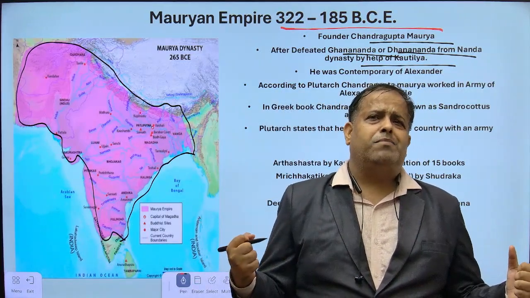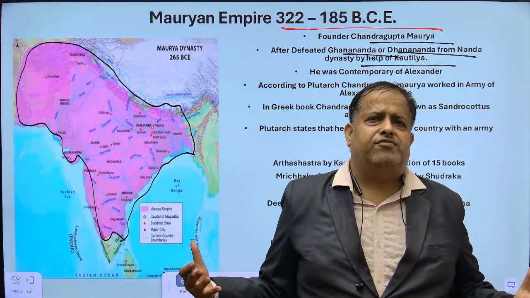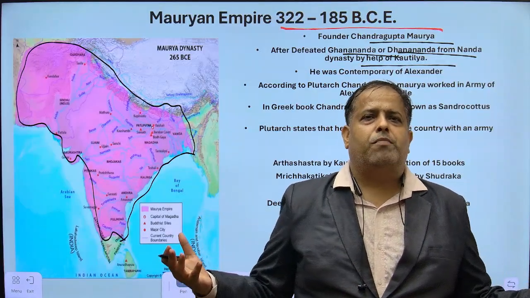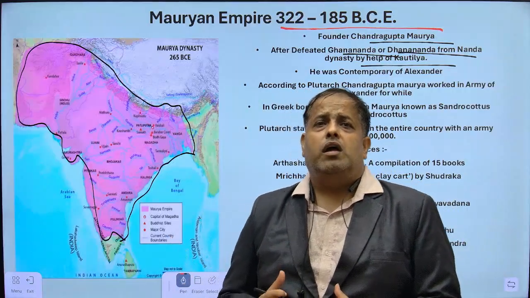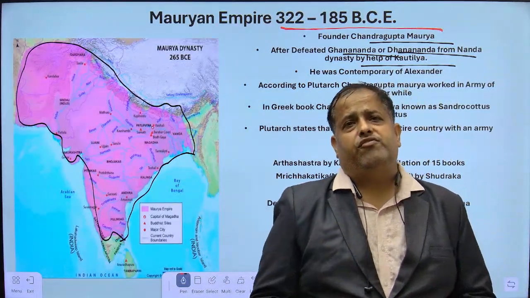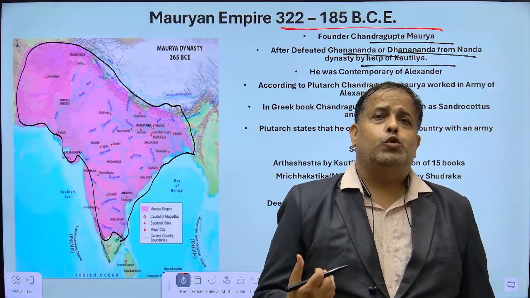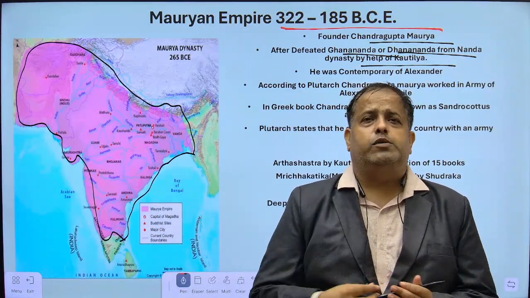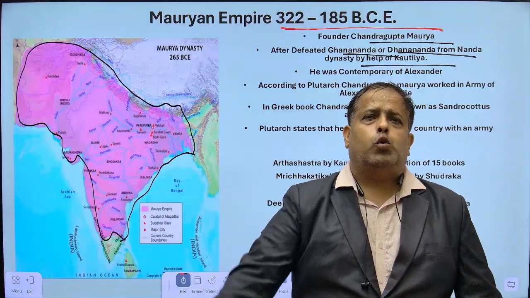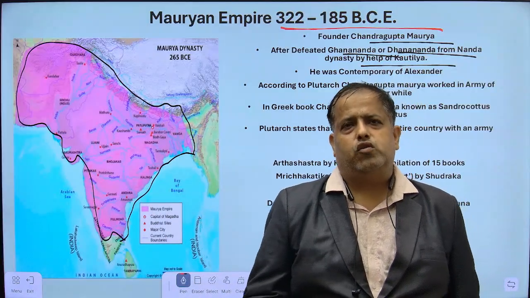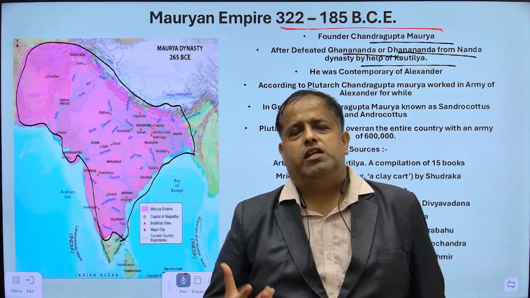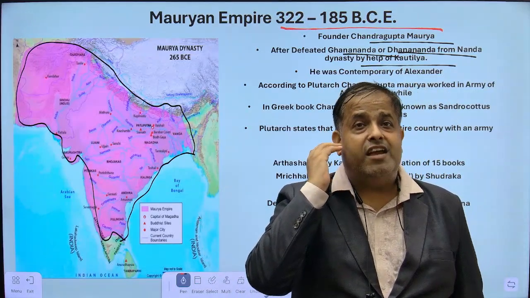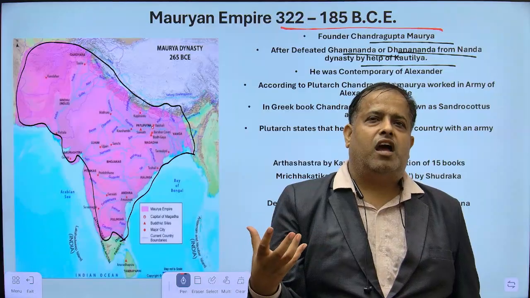So he became a little proud of himself, thinking that everyone exists only for praising him. At that time, one university was very famous. The pandits of this university arrived in his court and he donated money to them. The teachers of Takshila University of that time were basically known for praising Ghanananda. But there was one person whose name was Chanakya.